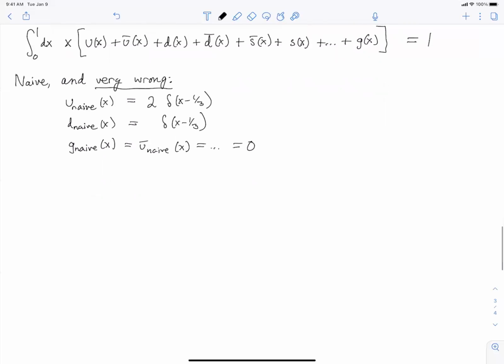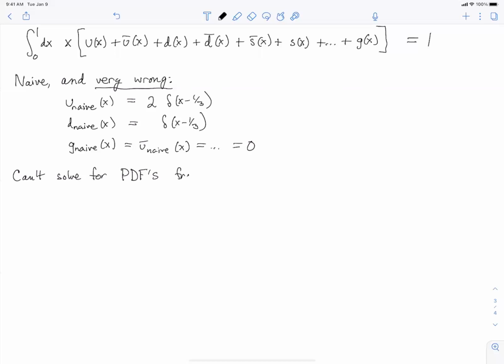So what do they look like? You can't solve for them. Nobody knows how. But it's often nice to know that you can't solve for something, because that relieves you of the responsibility of trying to solve for them. So I should say, we can't solve for PDFs